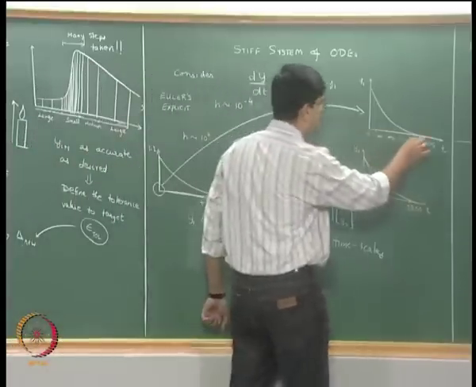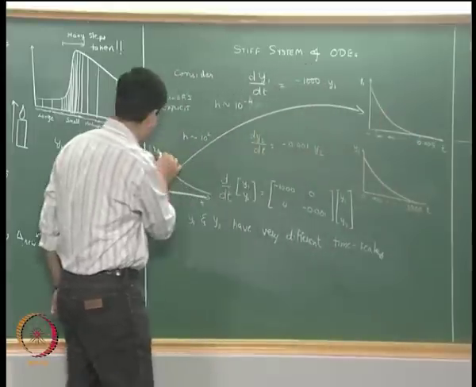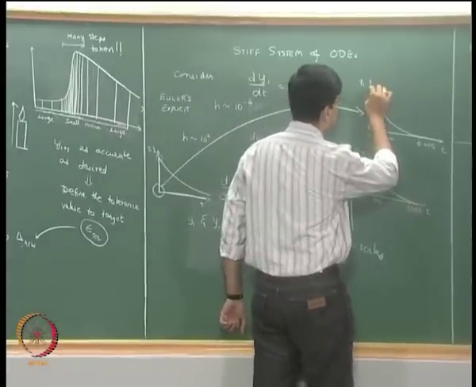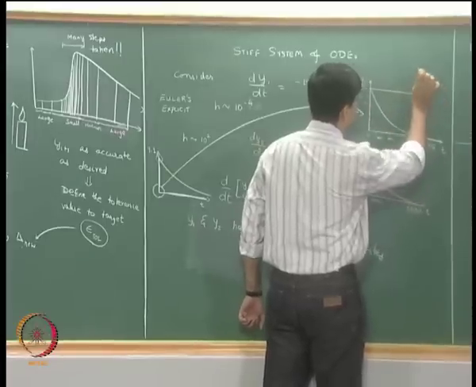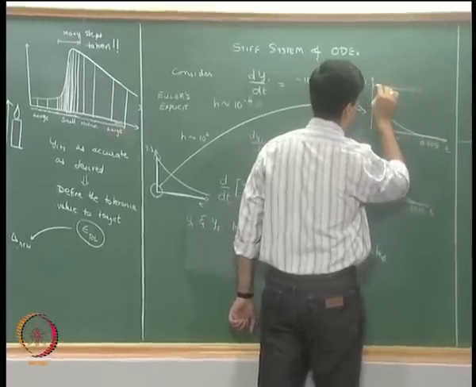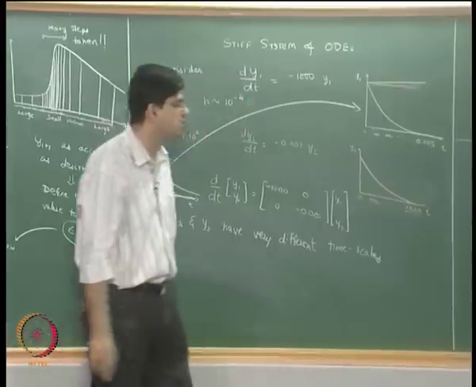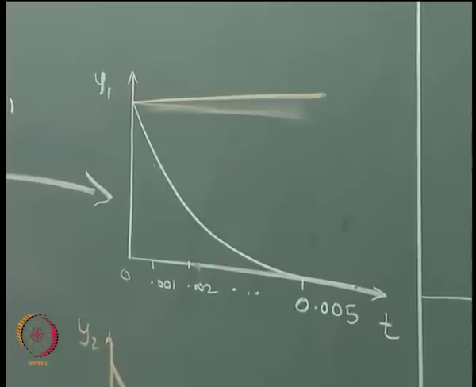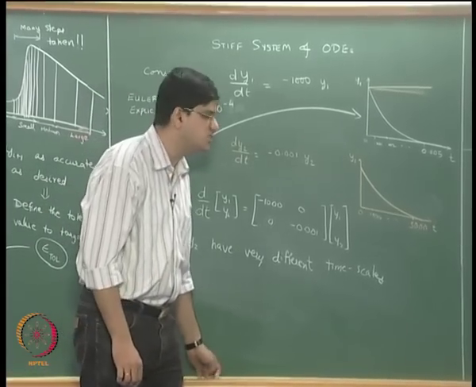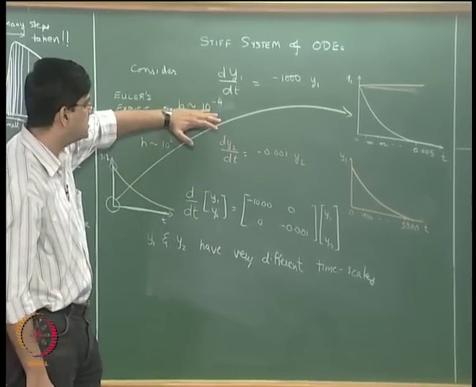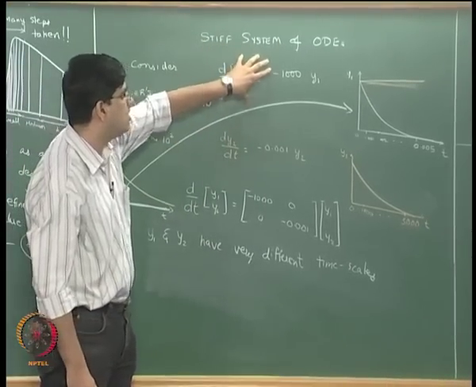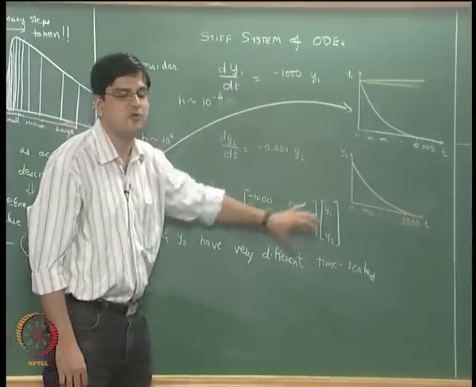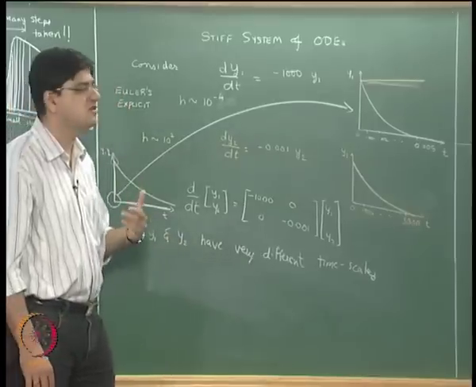In this small zoomed-in period, what we are going to see is that y2 is more or less constant. It is not even going to have this slope; it is more or less constant in this particular time scale. Now this type of problem creates a fair number of numerical difficulties, because we need a small step size for stability of this method, whereas we need a large step size so that the overall solution reaches the steady state fast enough.